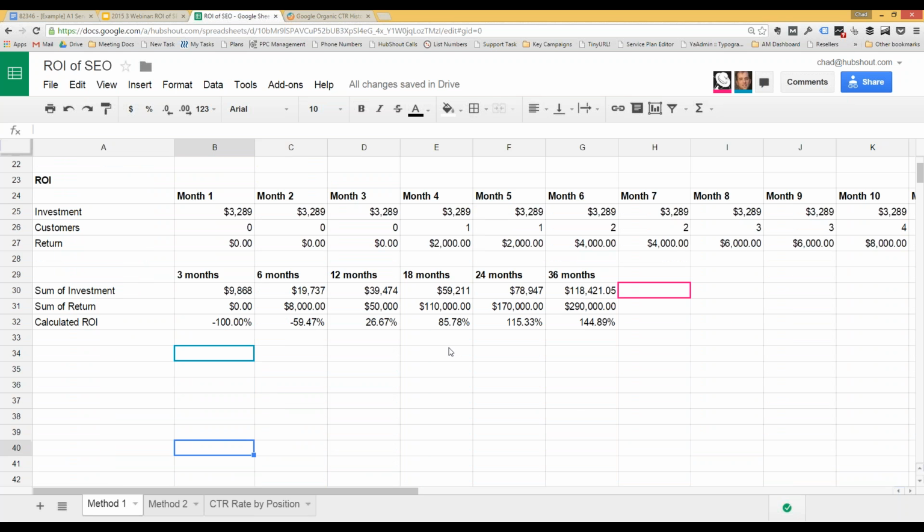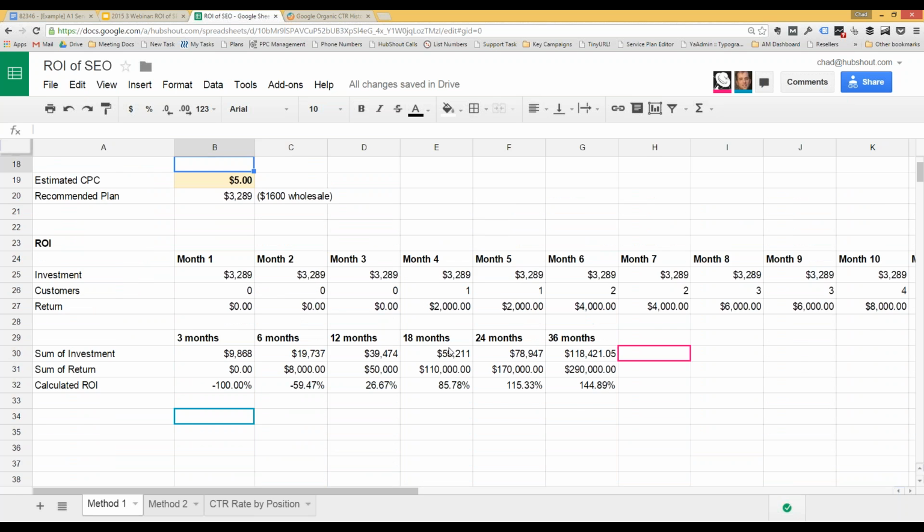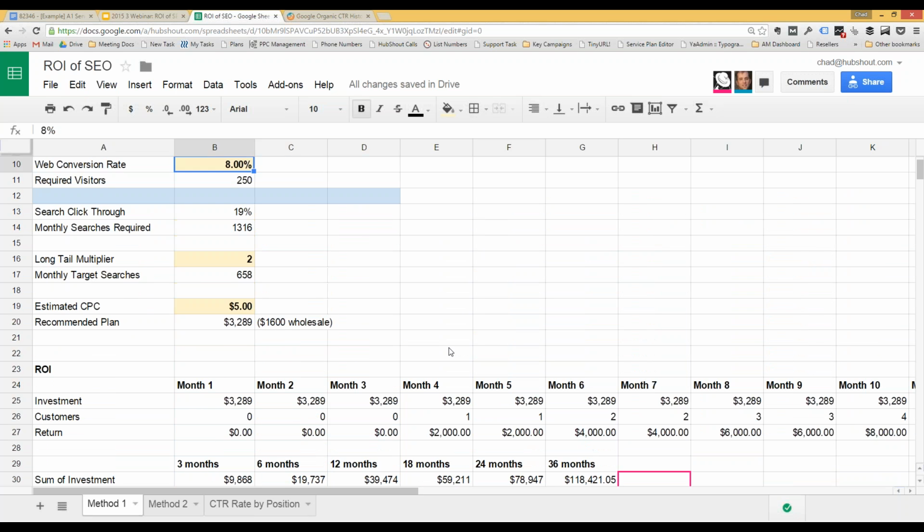So before you go on to the return on investment analysis over time, just scroll back up. I want to stop and make sure everybody followed that piece, particularly the piece around the long tail multiplier, not just the folks in the webinar, but also in the room, particularly the account managers. Any questions on what Chad just hit on, how he did his math? You guys are obviously very intimately familiar with how we do keyword selection, how we use our spreadsheet, and how we use the CPC and the estimator to figure out the value of that. But he's introduced this new concept here on line 16 of his spreadsheet, where we have this long tail multiplier,